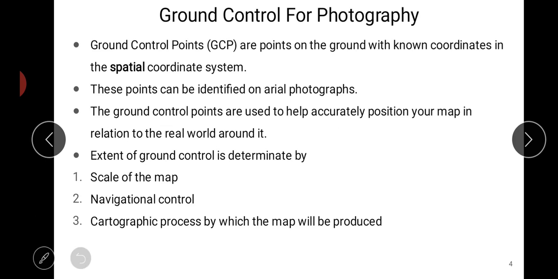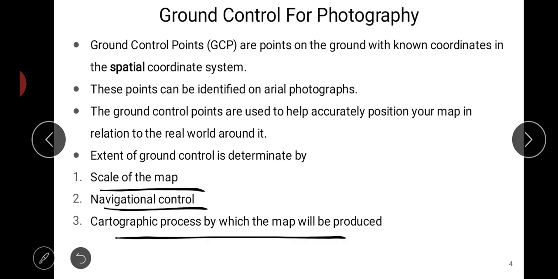The extent of ground control is determined by the scale of the map, navigation control and the cartographic process by which the map will be produced. Now, scale of the map. If the scale is very large, then the number of ground control points has to be more.